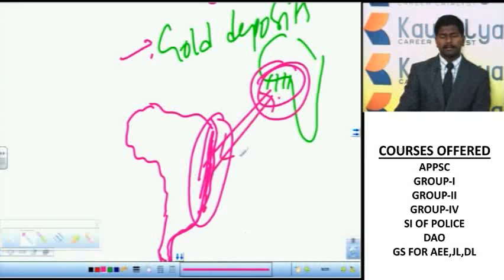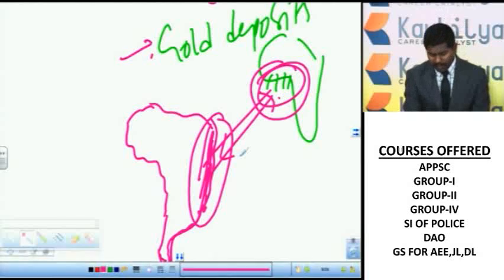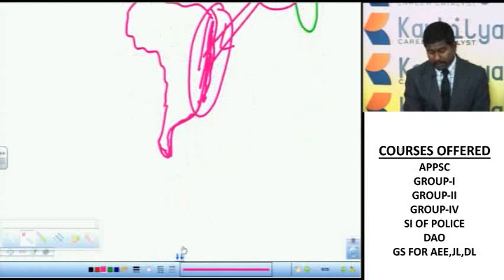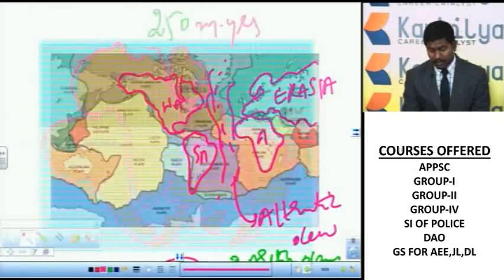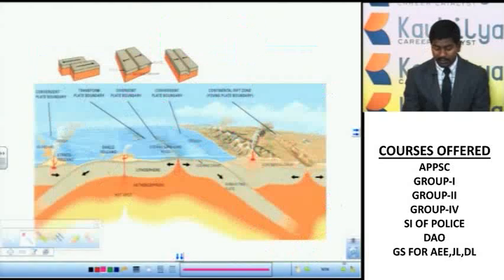So in that way, Wegener gave excellent evidence to explain this theory, but he could not explain the proper force behind the drifting of the continents. Even then, overall, you can say the continental drift theory is an excellent theory to explain the origin of the continents and oceans. Clear? Later, to overcome the demerits of the continental drift theory,